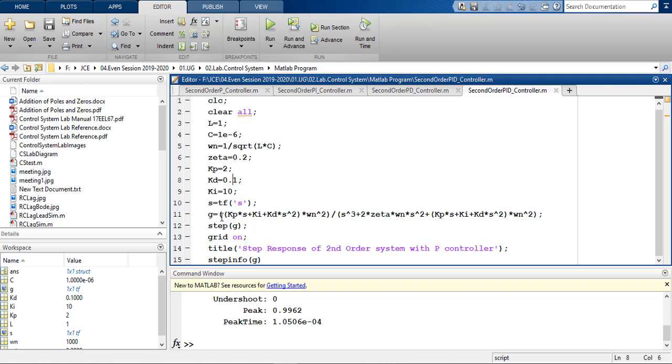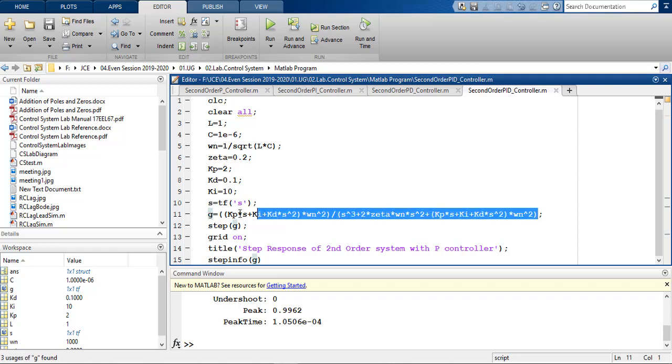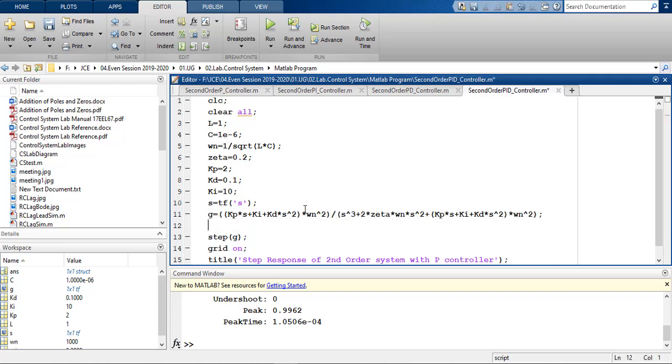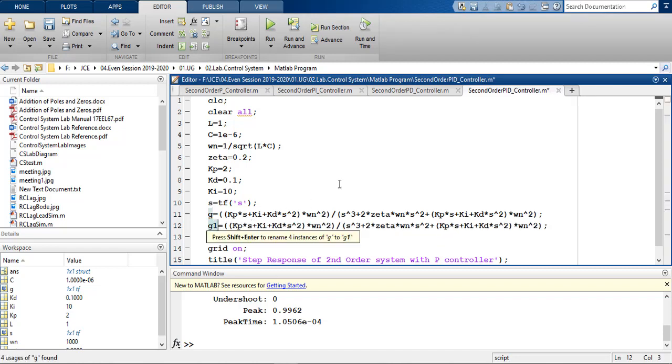Let's say how will you write the normal transfer function. What I'll do, I'll just copy this line and make it G1. G1 is nothing but the normal transfer function without the controller. Okay, so this KP, KI part will not be there.